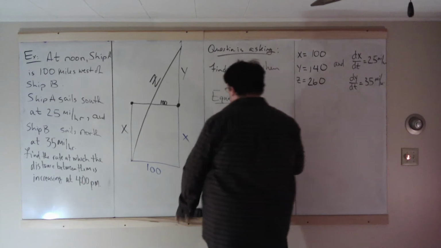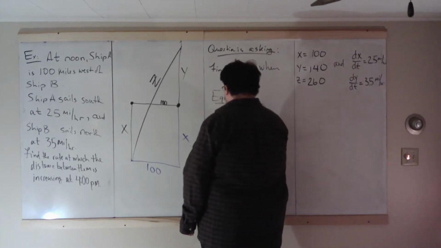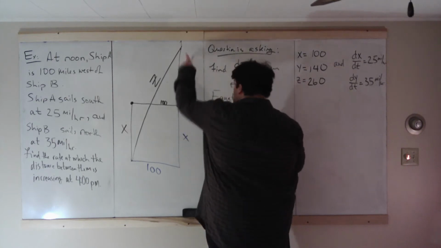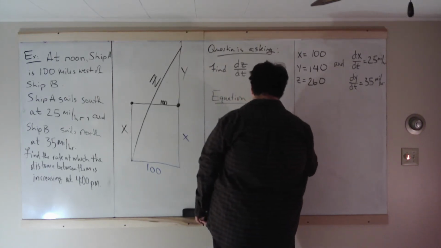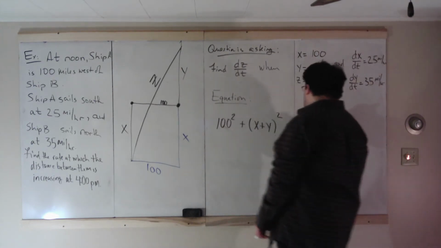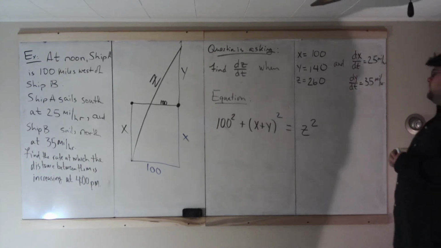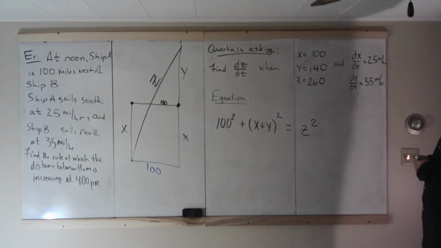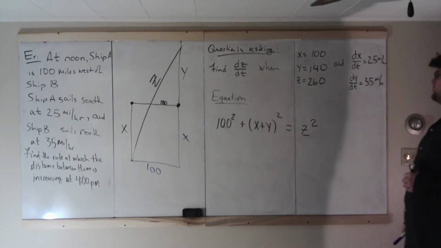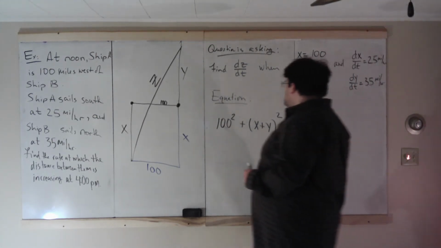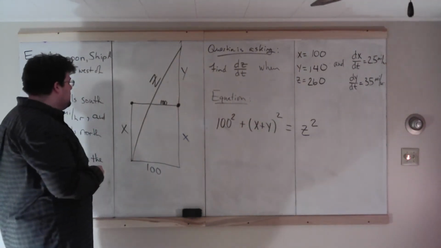What is it? Pythagorean Theorem. 100 squared plus this side squared equals z squared. Now we can differentiate and solve and so on, but before we do that, now we can figure out why z is 260. Well, why is z 260? Well, if x and y are 100 and 140,